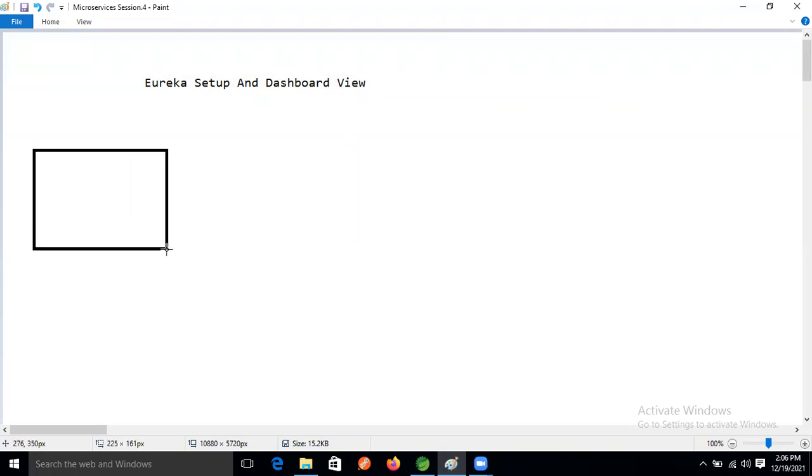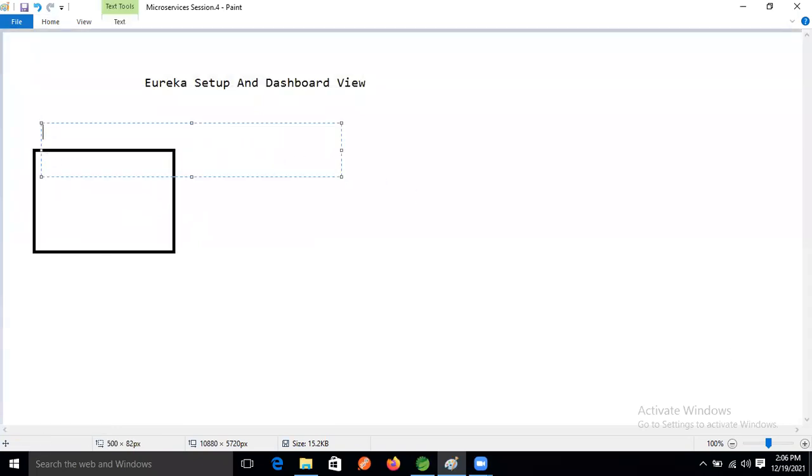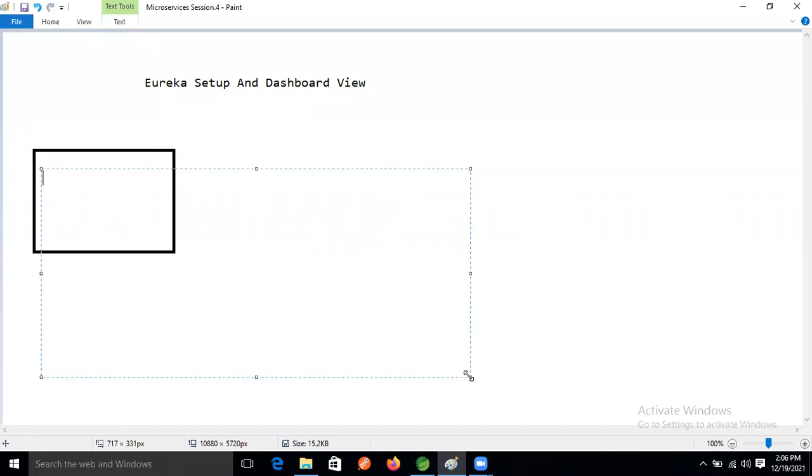So at the time of explaining what is Spring Boot, I said that, right? Whenever we are creating a Spring Boot application, one Spring Boot parent project is created, right? It is already there. Based on that, we are creating a child project, right? So the Spring Boot parent project, right?